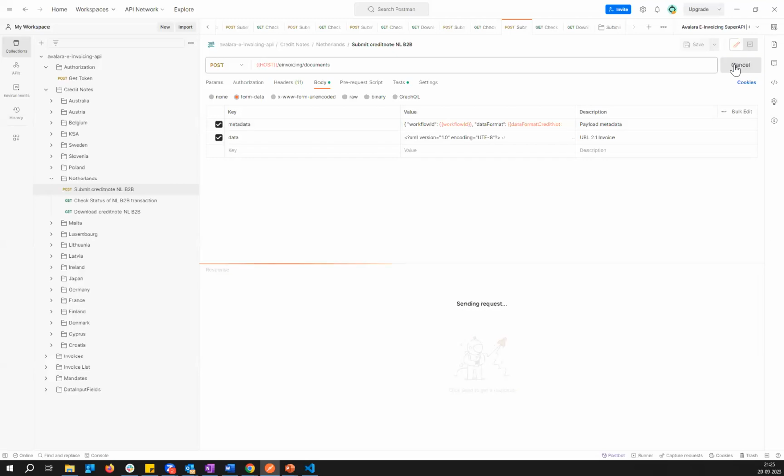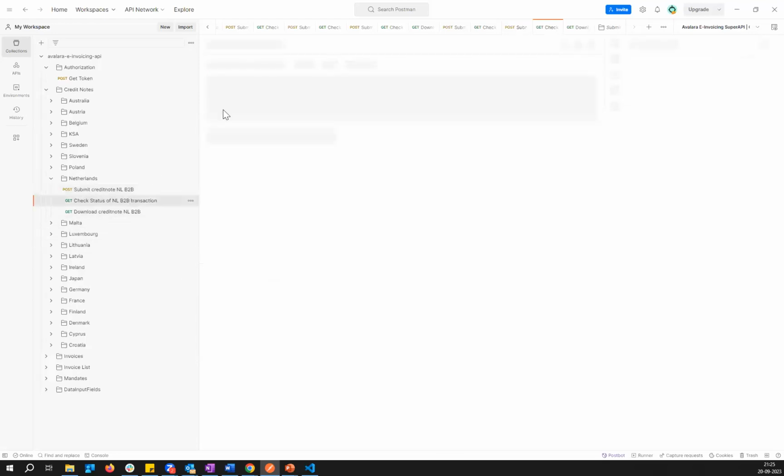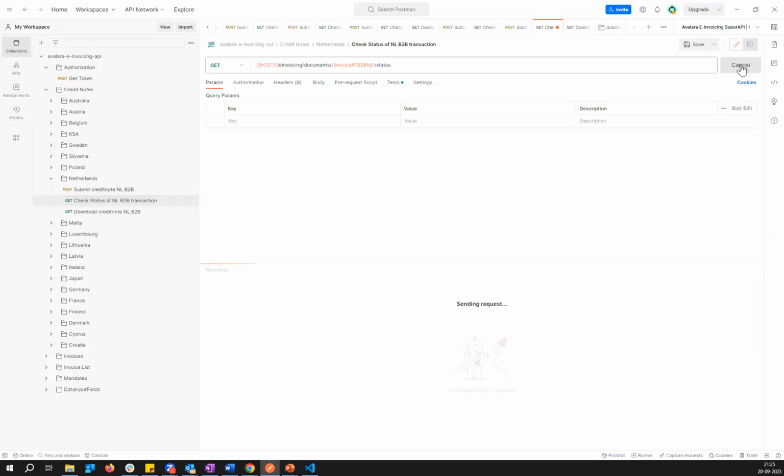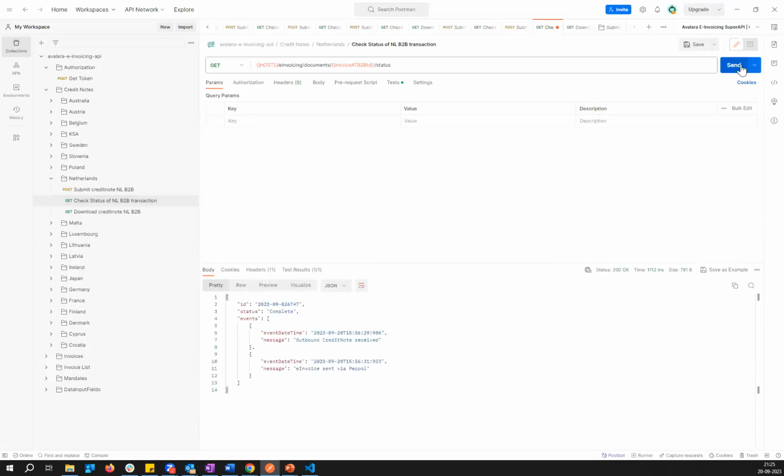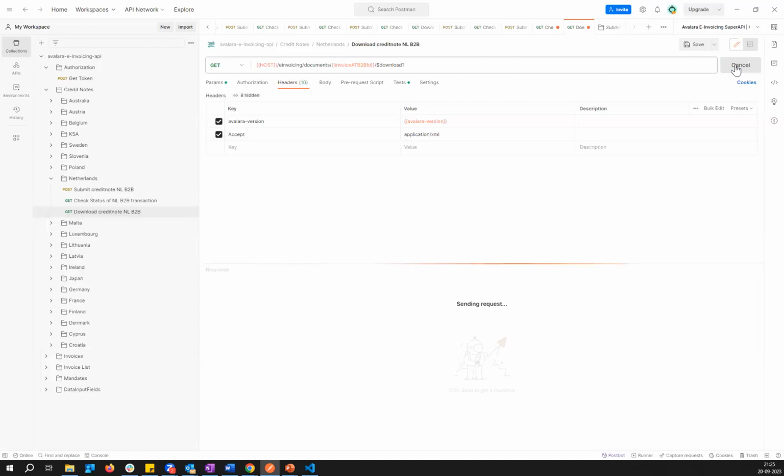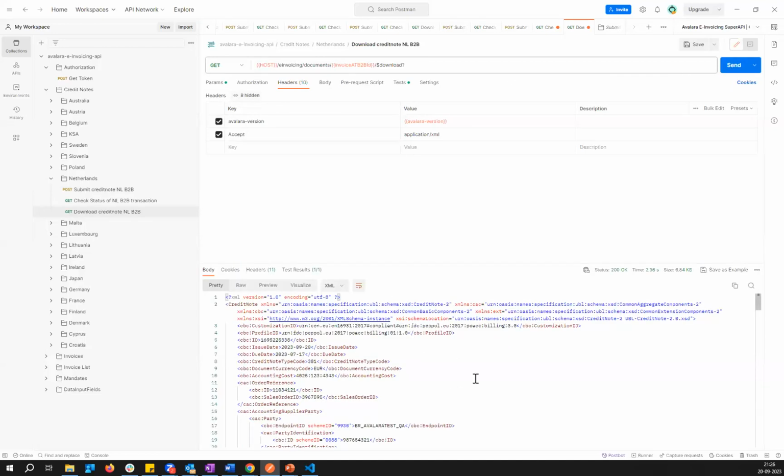So let me submit this. So here is the document ID. Let me check the status with the same API. Okay, so document submitted, the status is completed. Let me download. I'm executing the same process for all mandates. Okay, so in this case, this is a credit note.